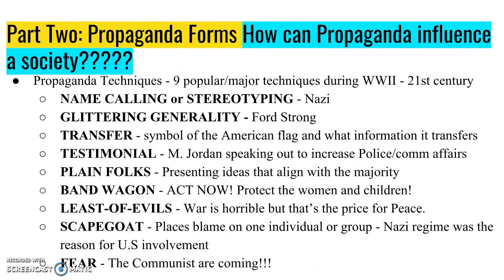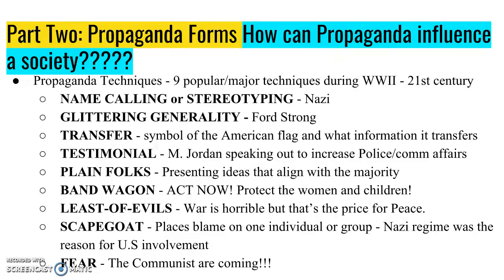Part 2, propaganda forms. How can propaganda influence society? There are 9 major and popular techniques during World War II and throughout the 21st century that we will focus on. First one, name calling or stereotyping. Calling somebody a Nazi to be more in favor of the war against Nazis. Glittering generality is the statement of being Ford strong. Transfer. It's a symbol of the American flag